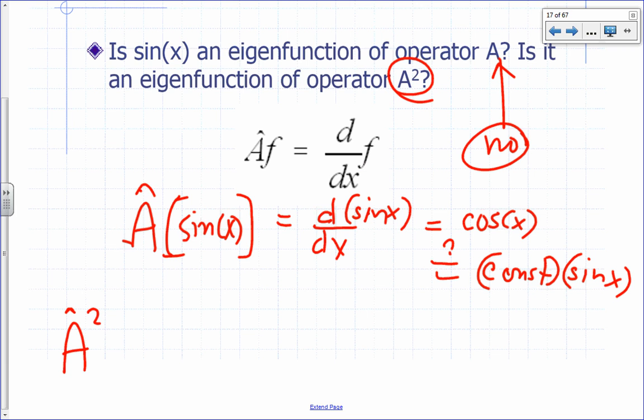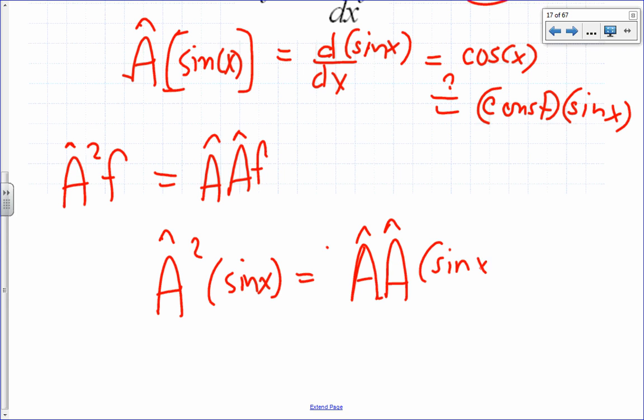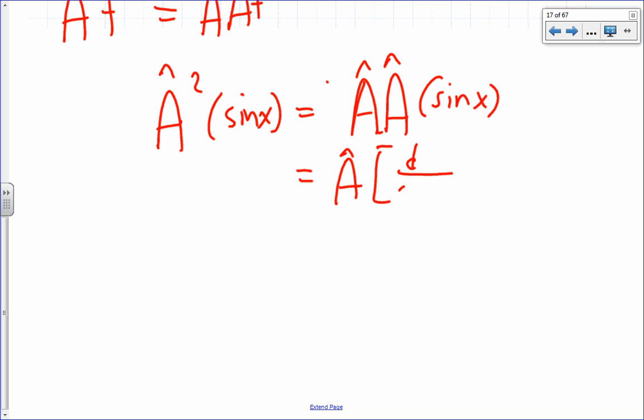Operator a squared, operating on function f, is the same thing as the a operator applied twice. So what happens if we take a squared and operate it on sine x? That's a hat, a hat, sine x. Apply the first operator. What do you get? The derivative with respect to x of sine x. So that gives you a hat